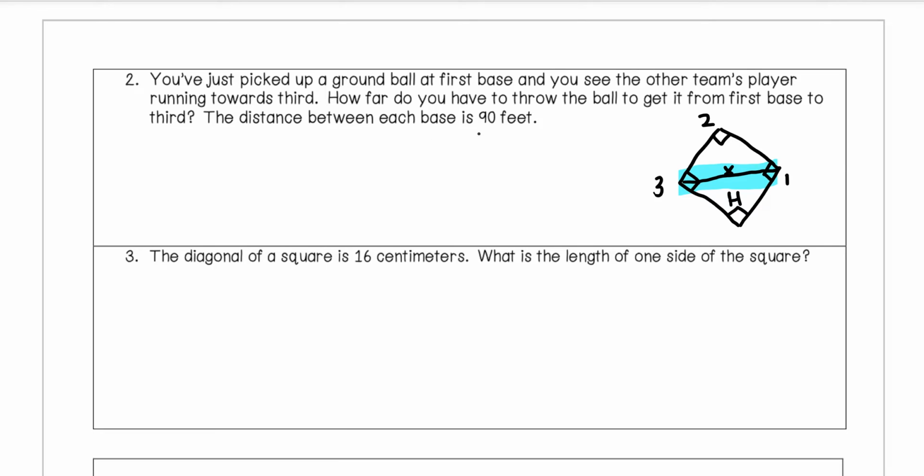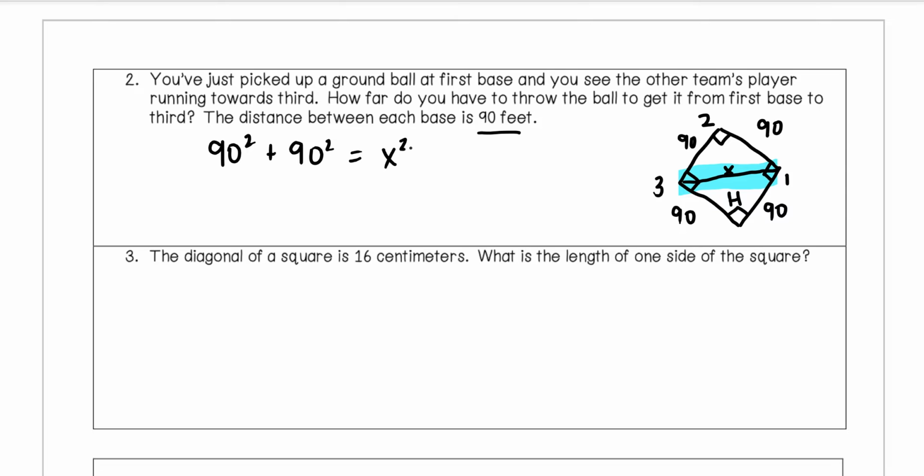The other information that's helpful here is that the distance between each base is 90 feet. So every side here is 90. And so we can use that. We've got right angles, and so 90 and 90 are both the legs. So to find the length x, that's our hypotenuse, we're going to say 90 squared plus 90 squared is going